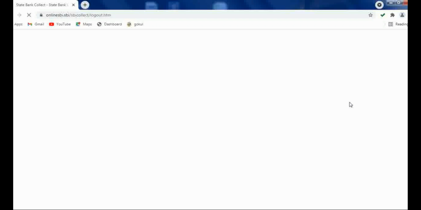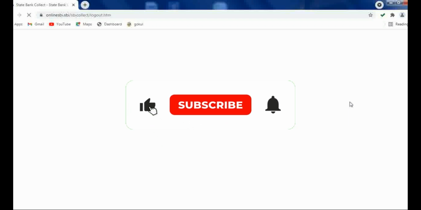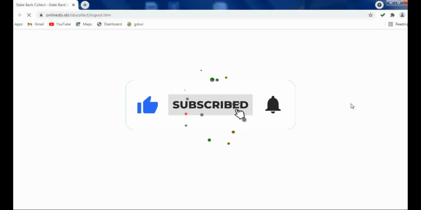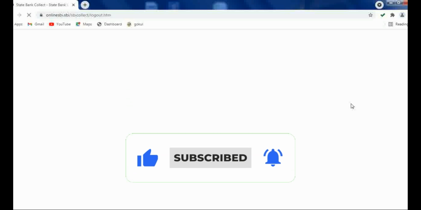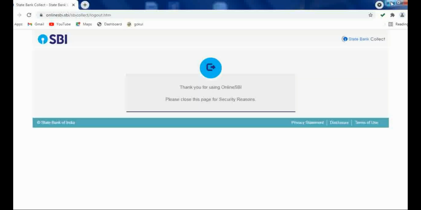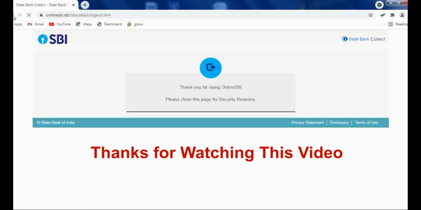That receipt you have to download and attach with your application during the process of your application for various certificates. So in this way you can do the online payment on this site, that is onlinesbi.com, by using SB Collect.